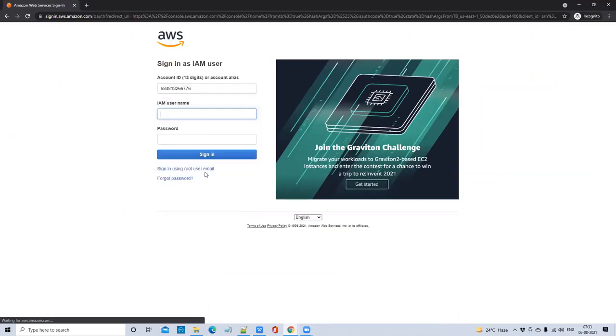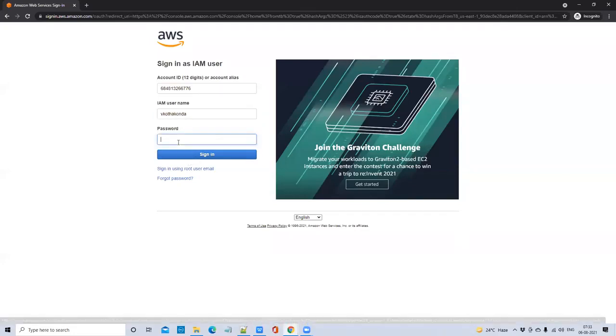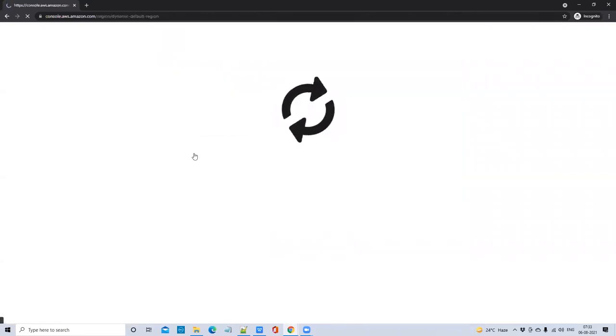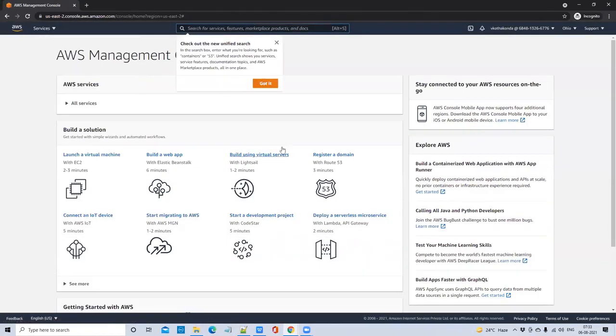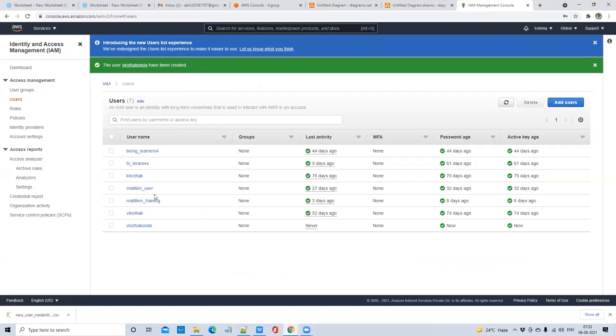So it will ask for your username and password now. What is the username I gave? Now I'll log in. Because I have given the console access, I am able to log in, right? Good. Now, let's say the same way I have created a bucket with my root user, with my Gmail ID user.